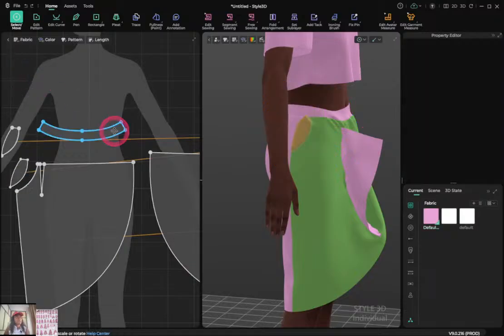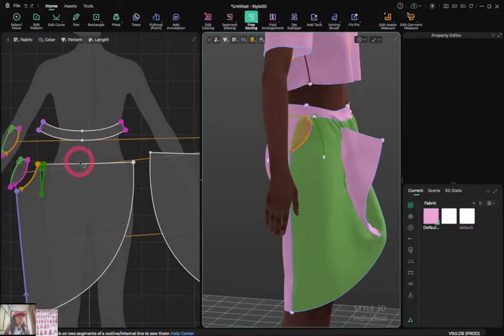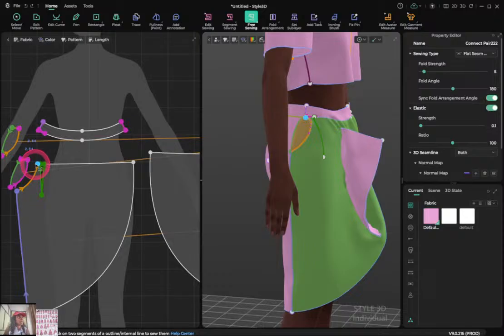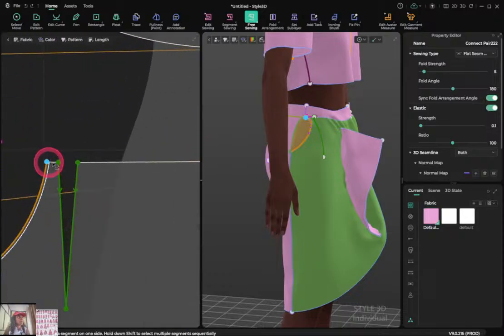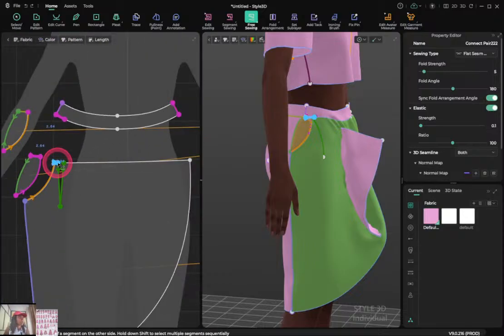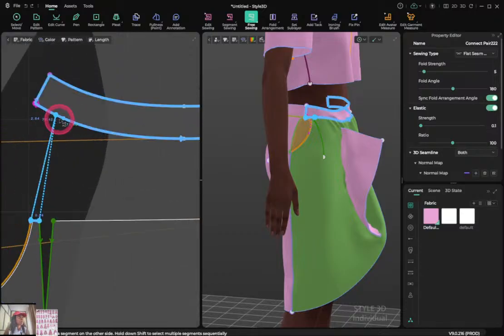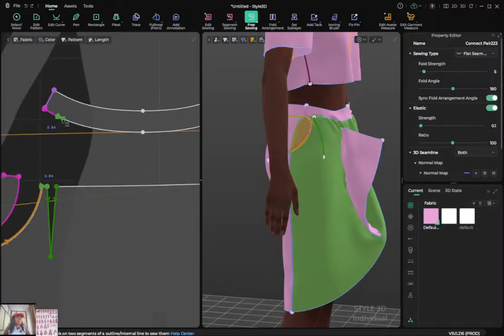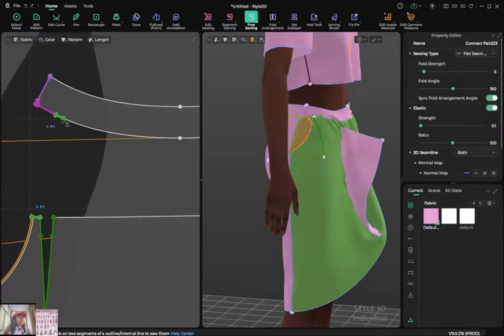So this piece starts from here to here, and then from here to there, and then this piece follows from here to there, and from there to there, and then